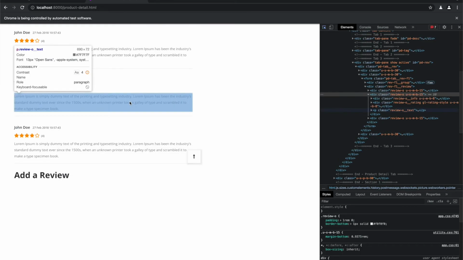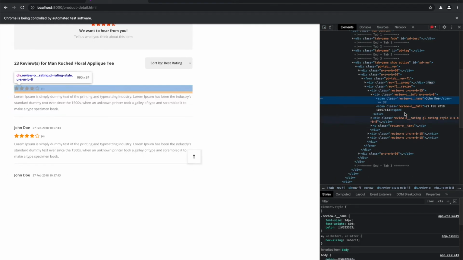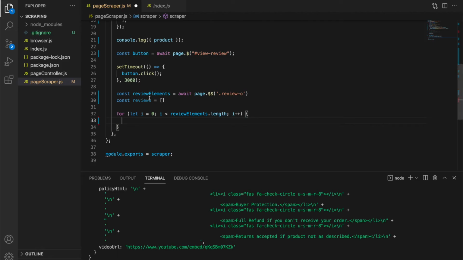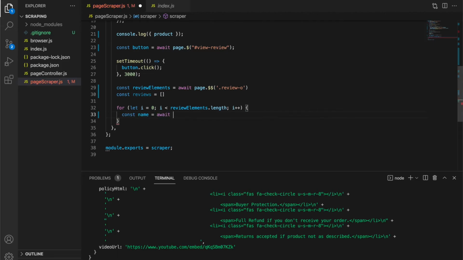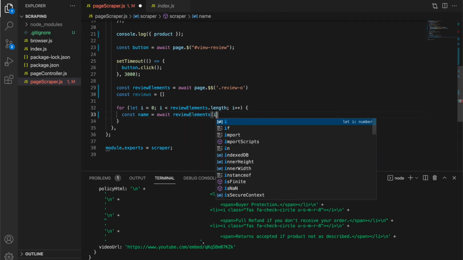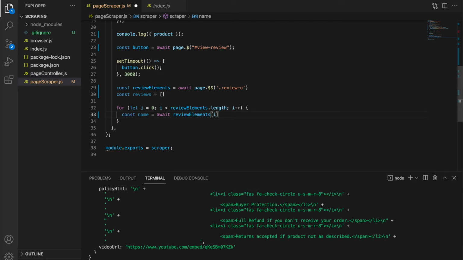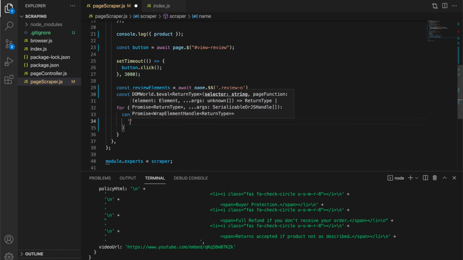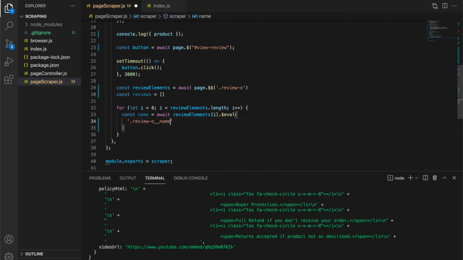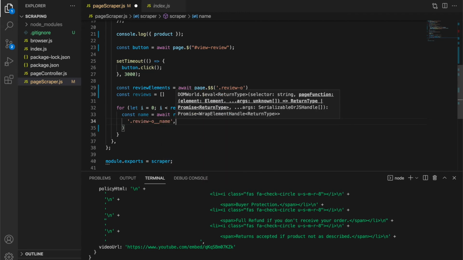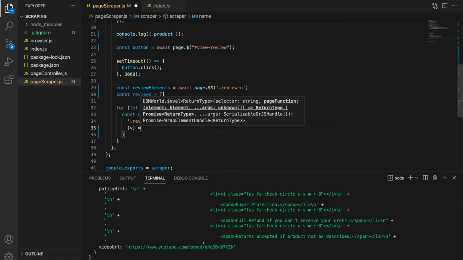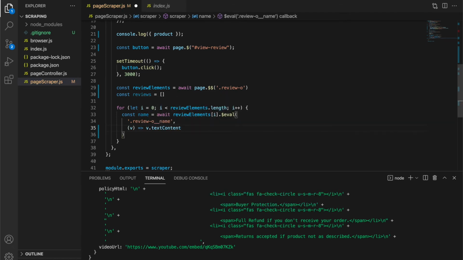So let's start by grabbing the name of the person. Review own name, const name equals await review elements, grab the element by this index, evaluate it. We are now in the context of that review element, so we have to grab the name, and then we evaluate it, and we just need the text content from it.